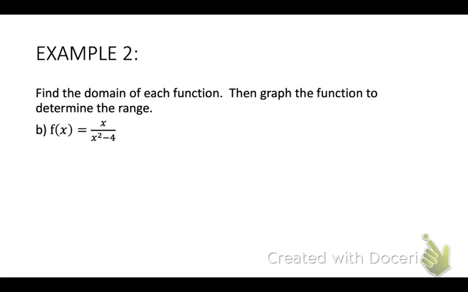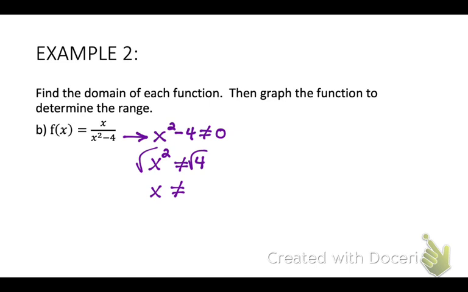So I'm going to focus just on my denominator and set that not equals to 0. So how can we solve that one? I'll add 4, square root it, right? So x squared not equal to 4, square root both sides, which means x cannot be equal to